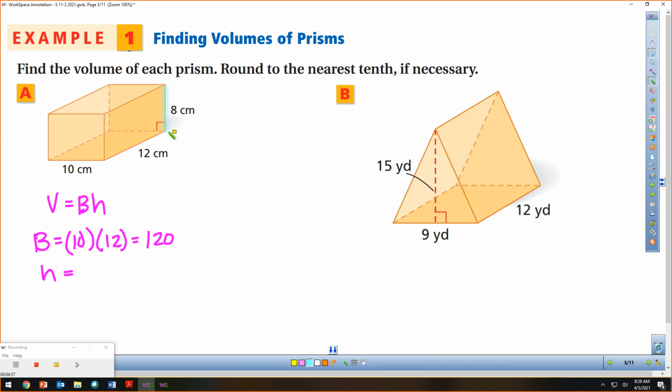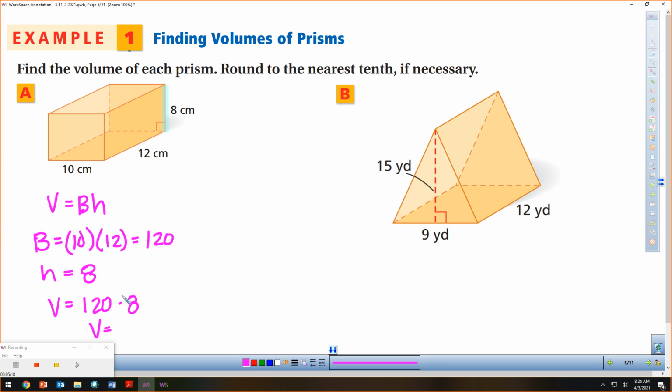8. This is the height right here. The height of my 3-dimensional figure is 8, so H equals 8. So I have big B is 120, I have 8 is H, now I plug it in. My volume is equal to 120 times 8, which gives me my volume